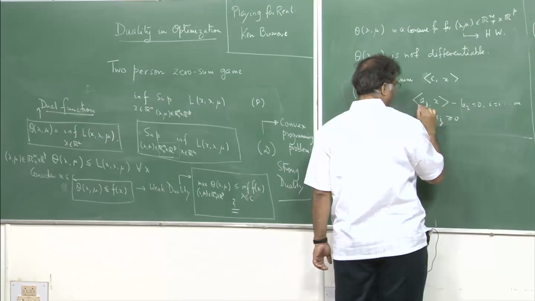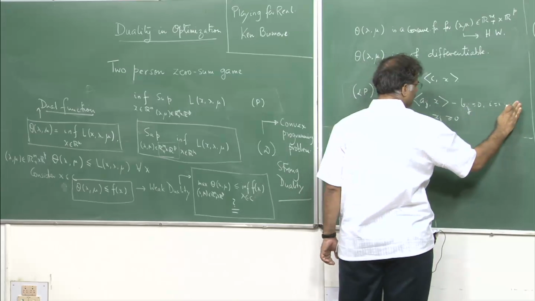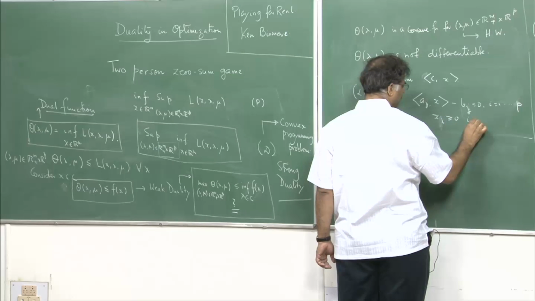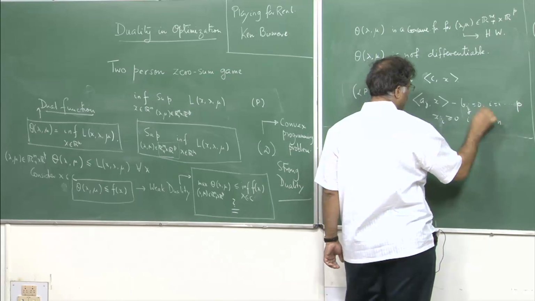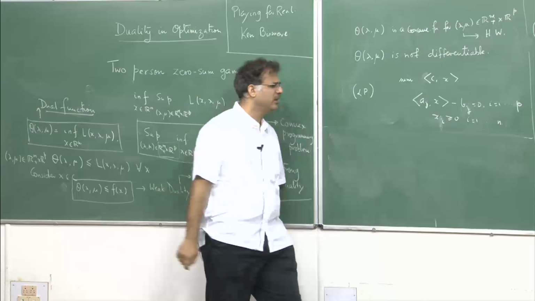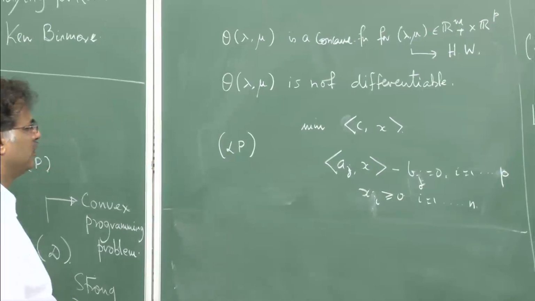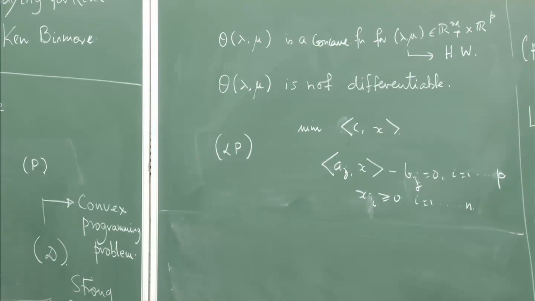Sorry, maybe I will put a_j. So, c is in R^n and the a_j's are in R^n. The b_j's are in R. So, now can you write down